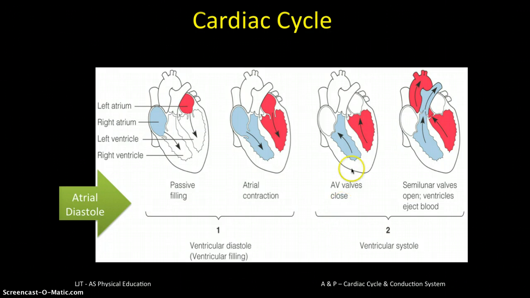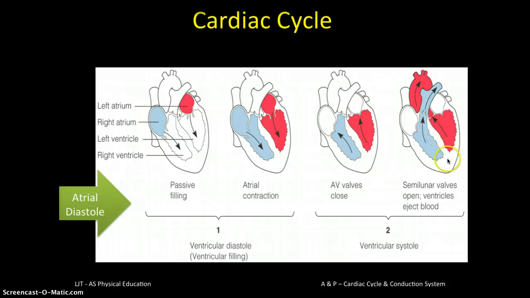And now we've got the ventricles full of blood, we want to make sure that it travels out of the aorta and the pulmonary artery to go to the lungs and the body respectively, and not go backwards into the atria. So we prevent backflow, remember, by these valves snapping shut. Blood has come through them, and when pressure builds up here, the blood gets behind the valves and makes them snap shut, and blood cannot now go back up into the atria. Same happens this side. So the AV valves close to prevent backflow,